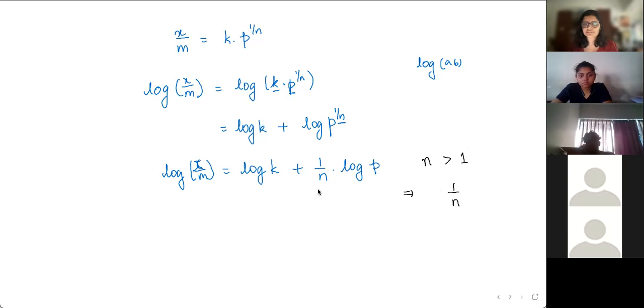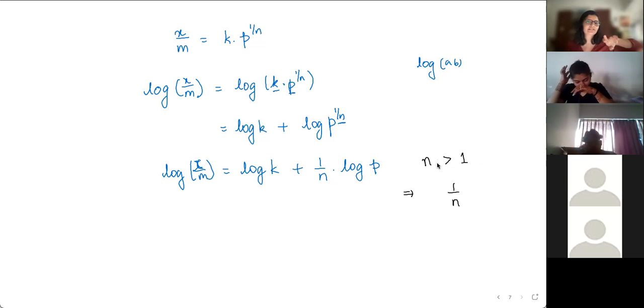n is a constant, right? Like k and n are constants. It's just a property that n can only take integer values greater than 1. So n can be 2, 3, 4, 5, 70, 49. So the minimum value will be 2 and the maximum value will be, not really sure. The maximum value, what is the highest value possible? Math students should be able to say this. Infinity. There you go. Now you have minimum and maximum for n.